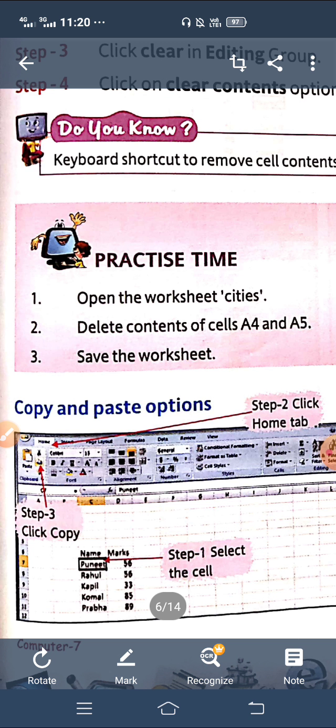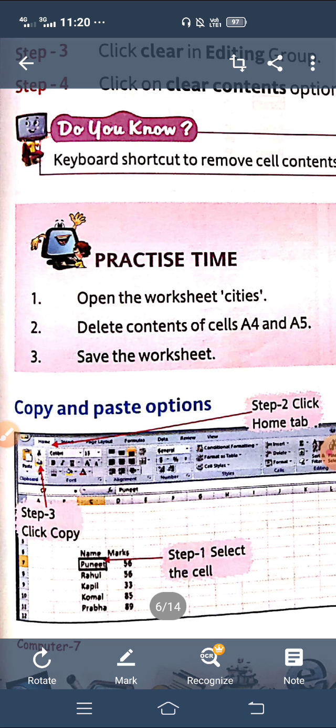I want to write the name of Puneet 10 times. It will take a lot of time, since we have to write the name again and again. So there is no need to write the name again and again. Simply, we can copy the name and paste it at different places. So look how to copy and paste.